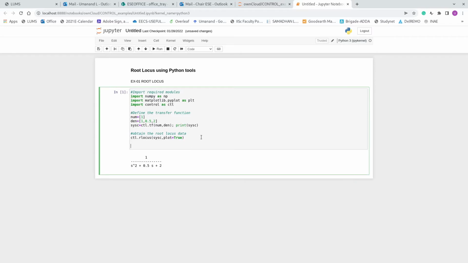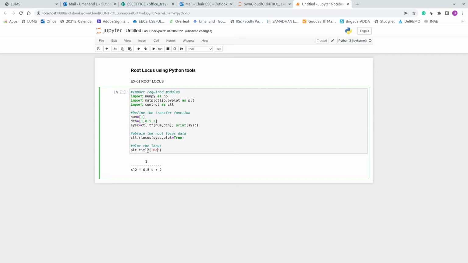So next, let us plot the locus. I'm not going to give a separate plot command. Already we have said plot is equal to true, which means it is going to generate the root locus plot. We just have to enable the printing of the title.